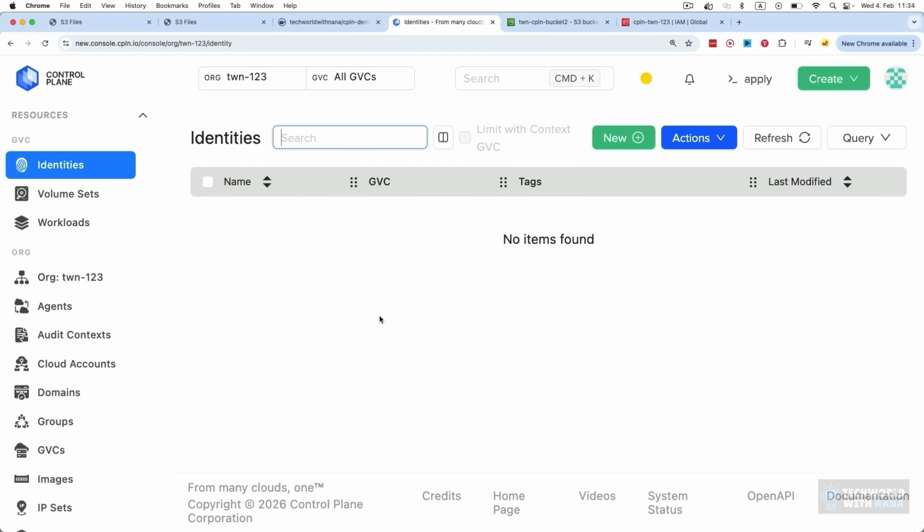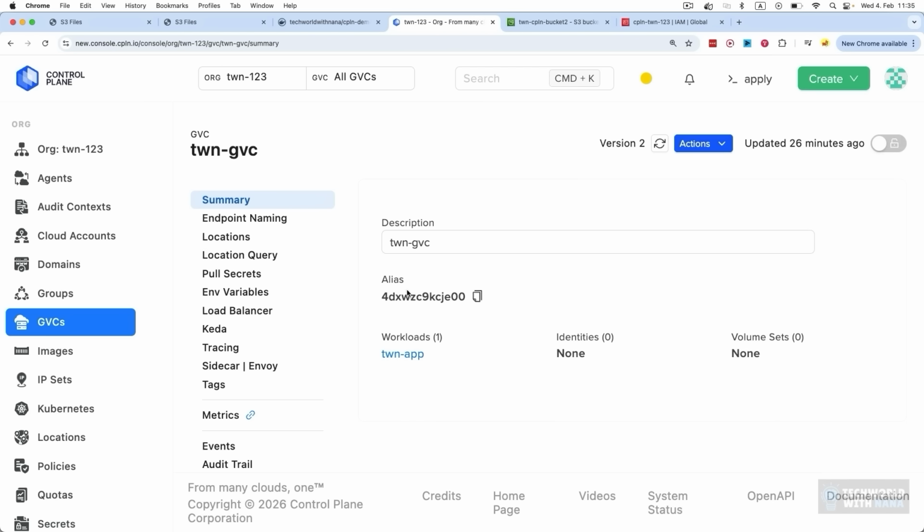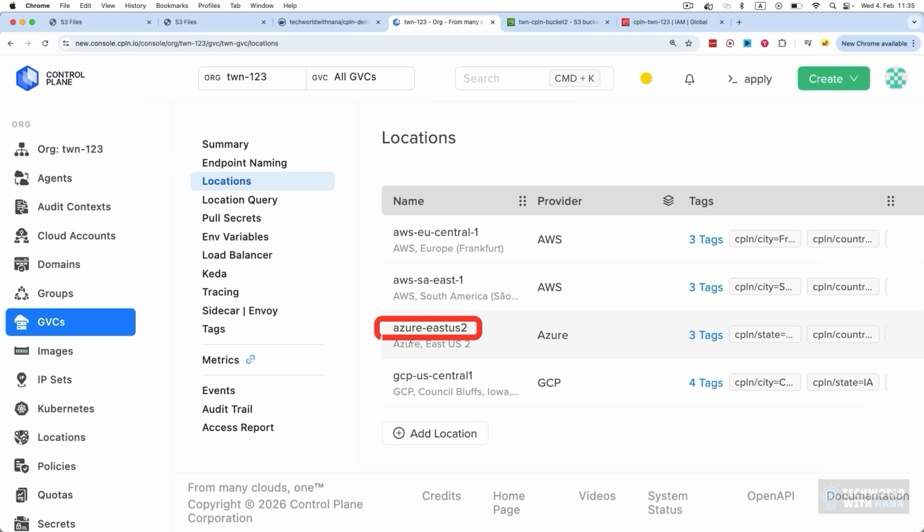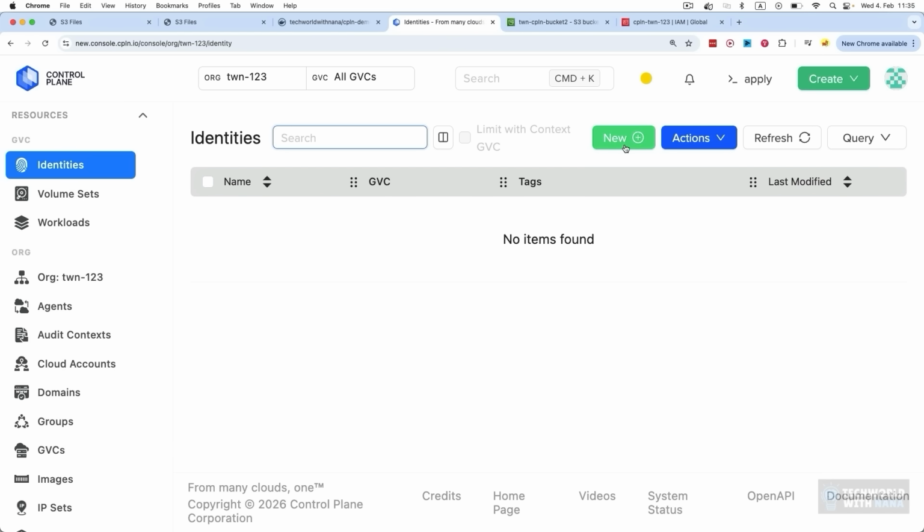And that's the key here. We don't have to create permission between the Azure account here and the S3 bucket, the GCP and S3 bucket, this other AWS account that control plane manages and my S3 bucket. We only create one identity that is shared, that is then translated to these individual cloud-specific permissions.